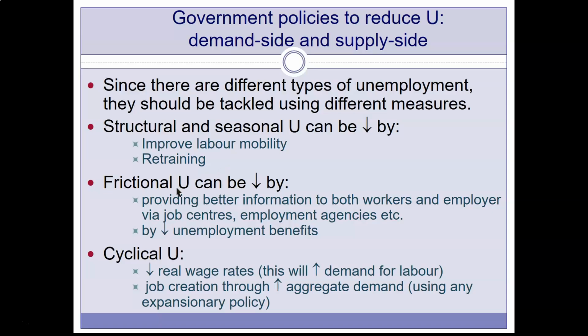capital. Frictional unemployment, which is caused by information imperfections, can also be reduced by improving these information flows, by providing better information to both workers and employers. For example, this can be achieved by creating additional job centers, employment agencies, setting up online portals, providing better information